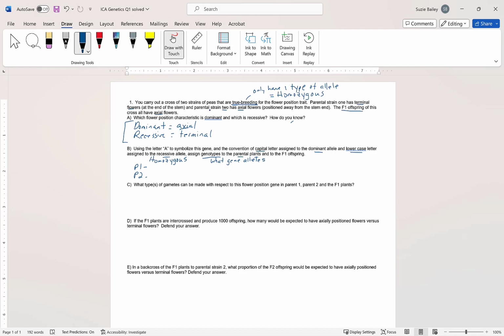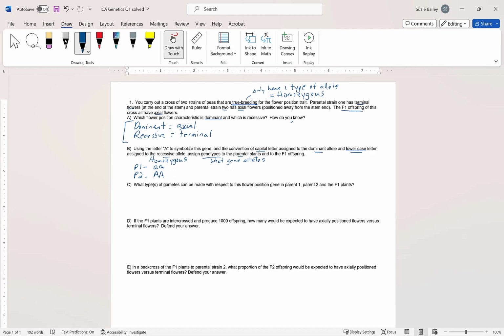So in this case, parent strain 2 is showing the dominant trait. So parent strain 2 is going to have 2 capital letter symbols for the alleles for this gene. Parent strain 1 has the terminal flowers, and so it is going to have 2 of the recessive alleles. Now, parent strain 2 and parent strain 1 are being crossed to one another,